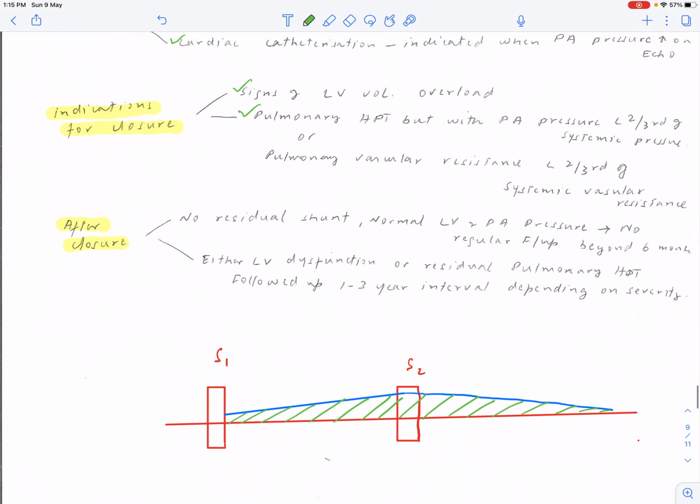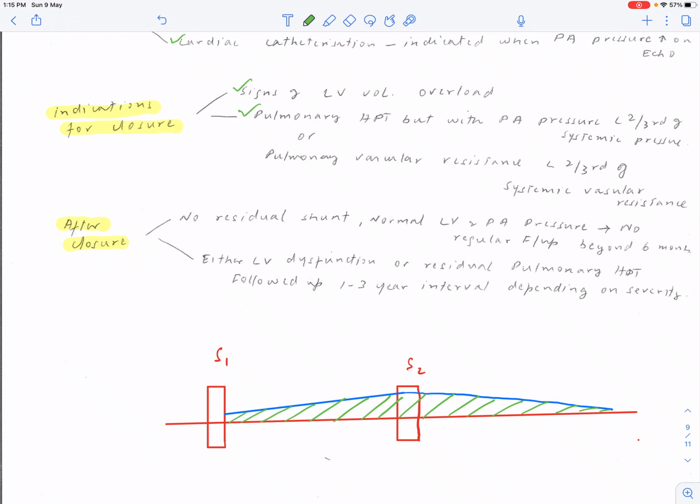So after closure, if there is no residual shunt and no increase in left ventricular and pulmonary artery pressure, in these patients no regular follow-up is needed beyond 6 months. If the patient has either left ventricular dysfunction or residual pulmonary hypertension, then follow-up at 1 to 3 years interval depending on the severity. Lastly, I'd like to talk briefly about the murmur of